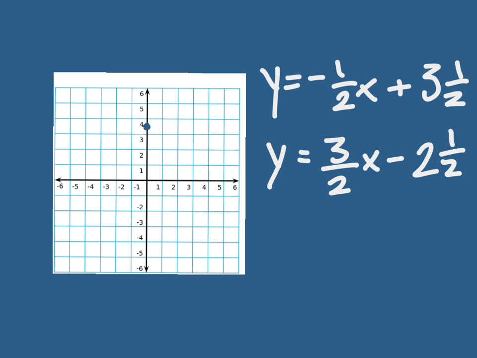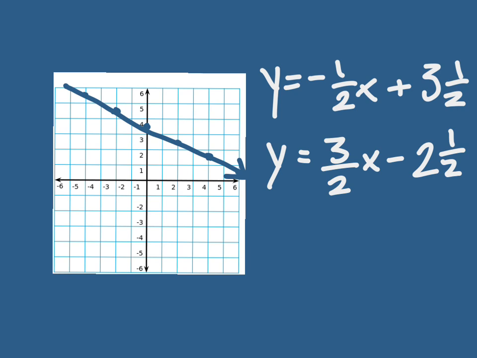Okay, and my slope is negative 1/2. So I'm going to go down 1 whole and to the right 2. Again, down 1 whole to the right 2. Down 1 whole to the right 2. I'm actually going to do the opposite starting from my y-intercept. So I'm going to go up 1 to the left 2. Up 1 to the left 2. And I'm going to connect them